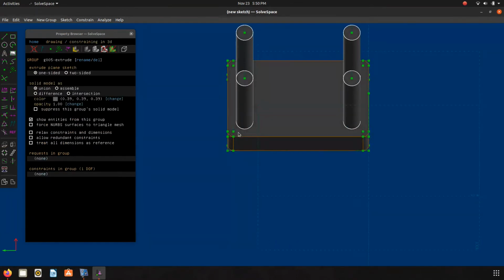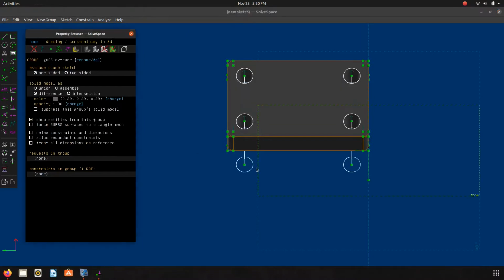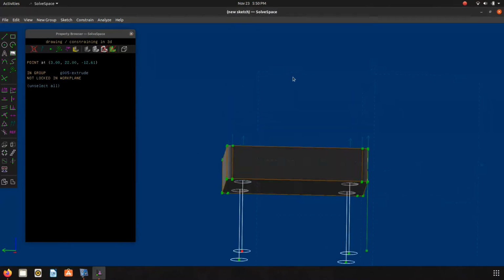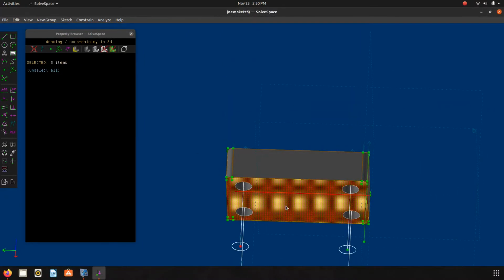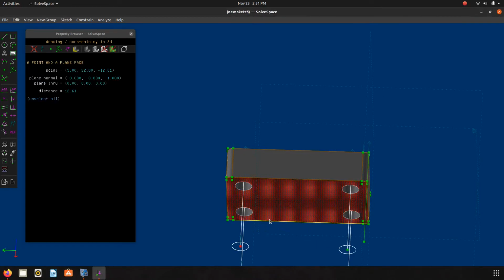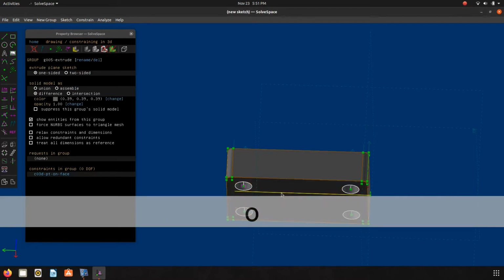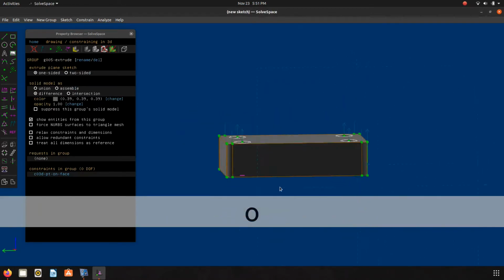We will go ahead and extrude those. Say difference. Select that point. And select that face, not that. I apologize. There you go. Press O, and then